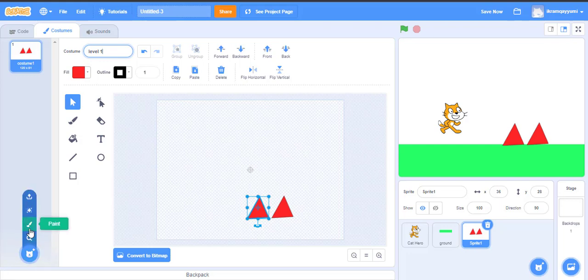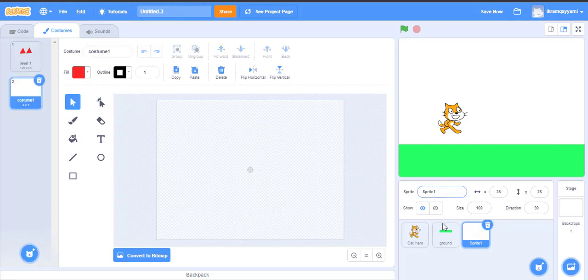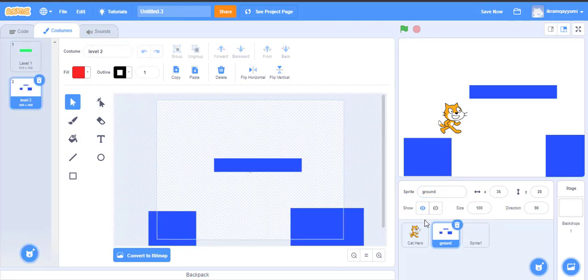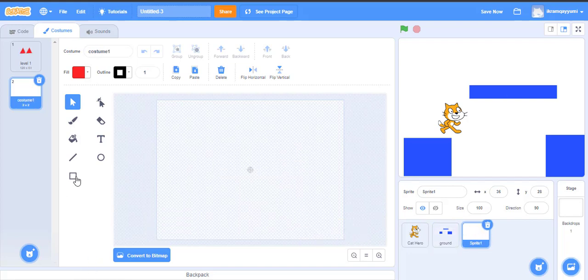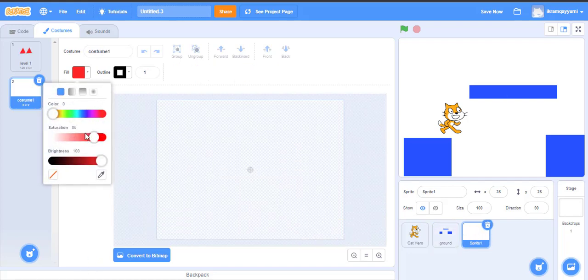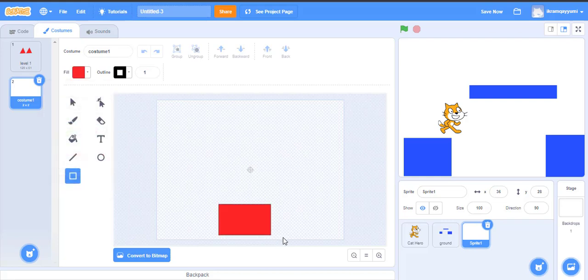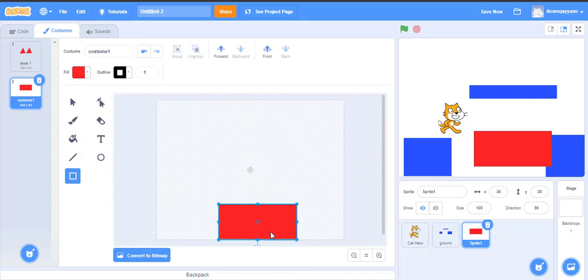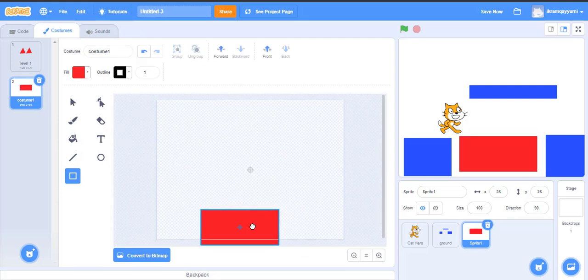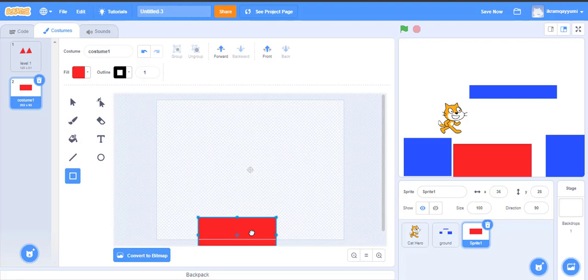Now I'm going to design another costume for our second level ground. Okay, so for that one I will use rectangle again, and I'm going to select the red color, also possible, and I'm going to design it in here. Okay, so which will be perfect, connected with our